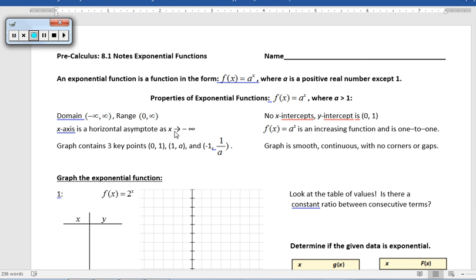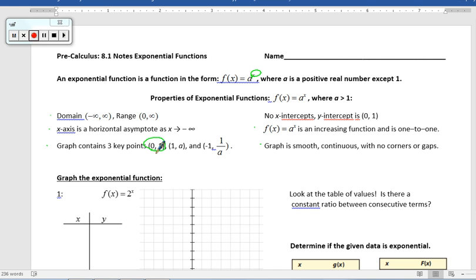Okay, today we're going to start 8.1 with our exponential functions. An exponential function is a function where the variable is in the exponent. These are just some key features here that you can read on your own. The most important one that I want to point out is that it will always go through the point 0,